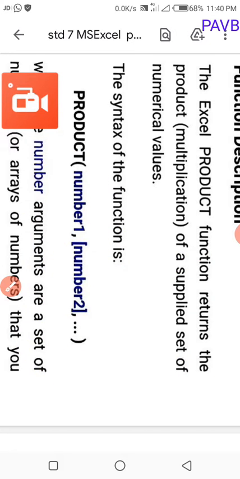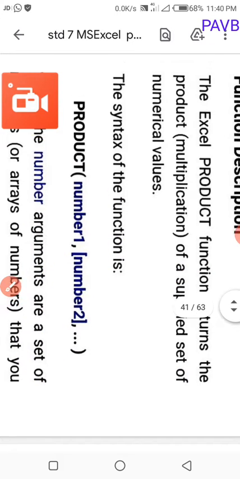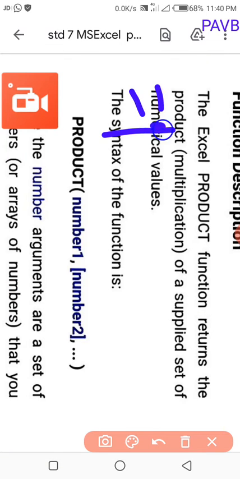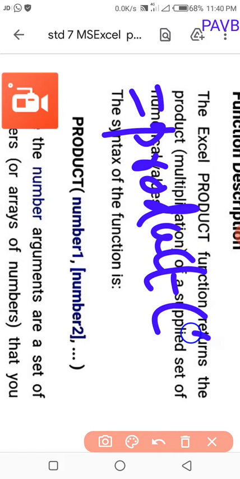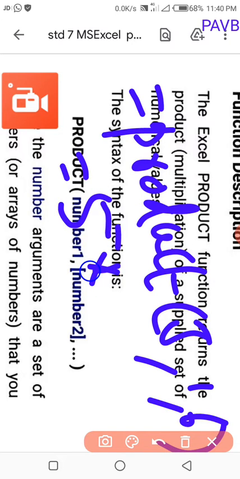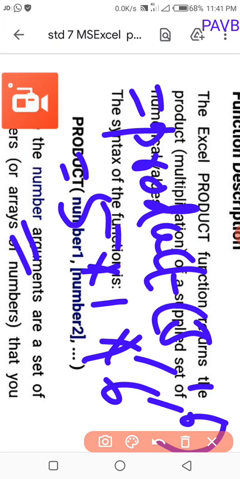Now you understand, ma'am? Once again, giving another example. Equal to PRODUCT(5,1,6): 5 into 1 into 6. 5 sixes are 30.